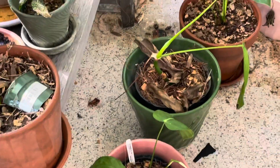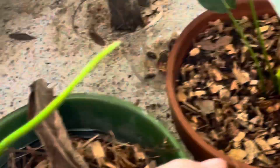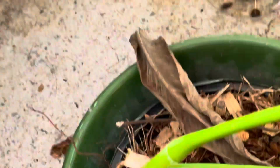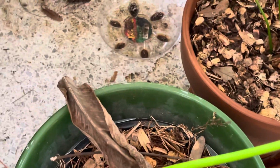It was the expensive ones too. Philodendron heterocraspidon, gorgeous, that dropped all its leaves. It's gonna make it, it's fine. The new growth point is totally green and it looks like it's getting ready to open. And this